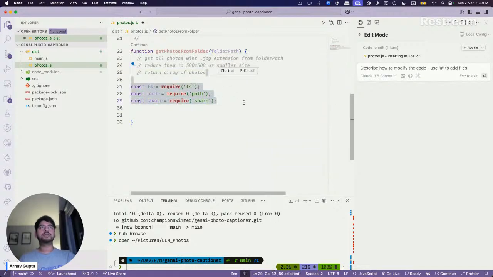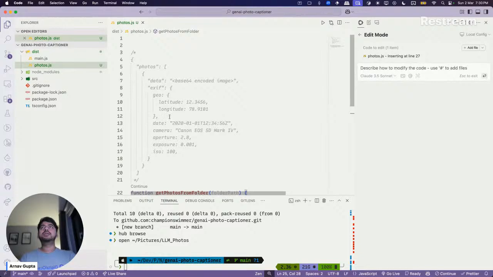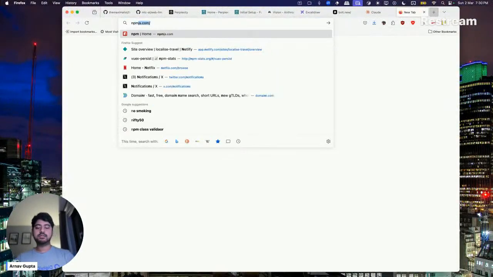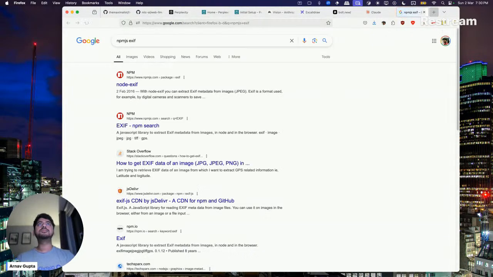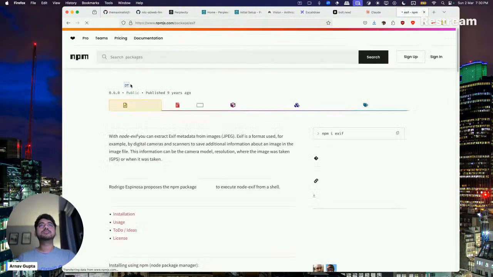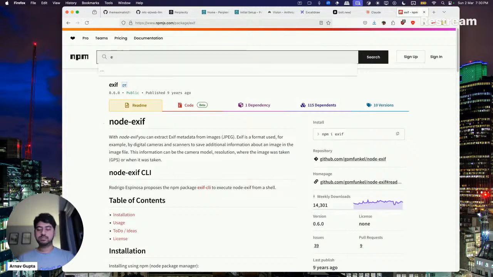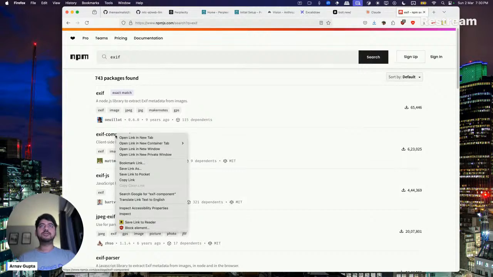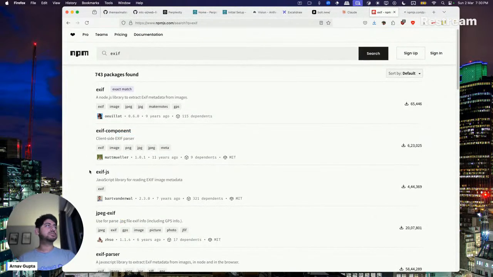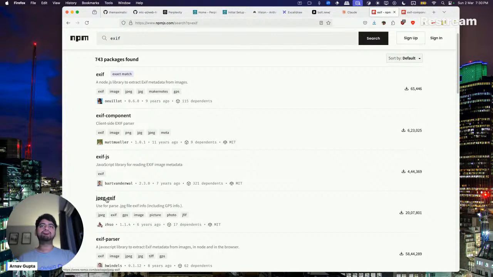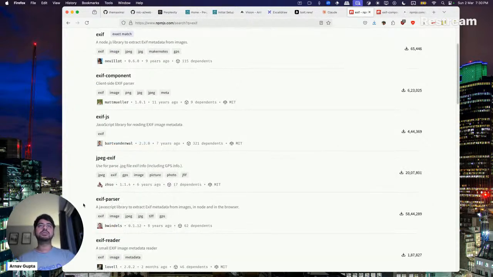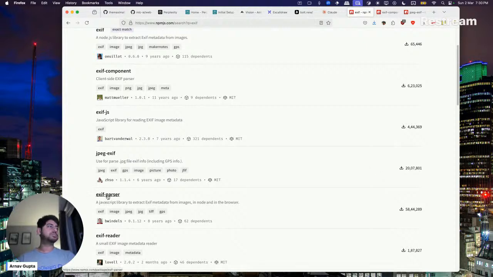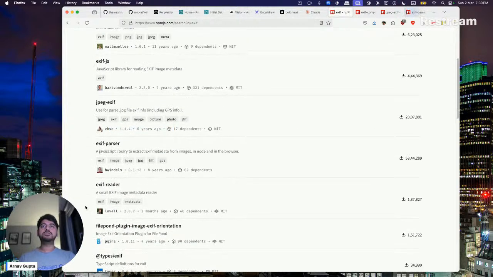Yeah, not this. Sorry. So there is this library which can do EXIF stuff. What is the most common way to do EXIF stuff? EXIF, including GPS info. Yeah, I think the most popular library seems to be this.